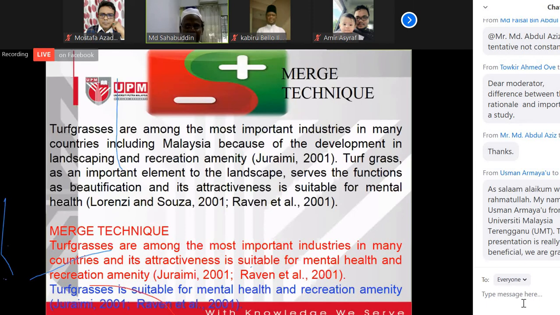Then number 3, the green color, again we reduce some information, it becomes 1 sentence. So that means all 3 pieces of information are similar, but we finally delete, then it becomes a smaller size. So this we call the merge technique. But don't forget the author names together, because this information we use for the 3 authors. So you have to put the author names, because the information is the same, but the authors we have to put.